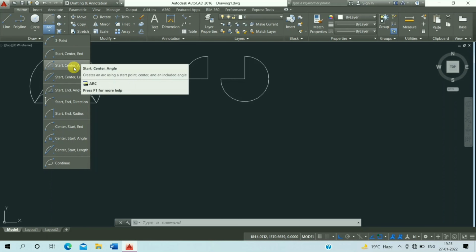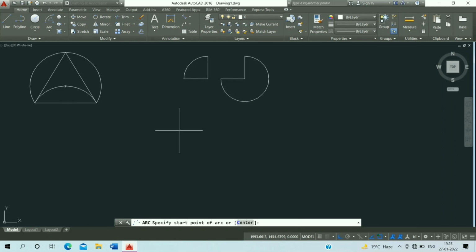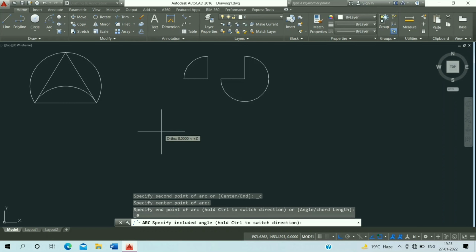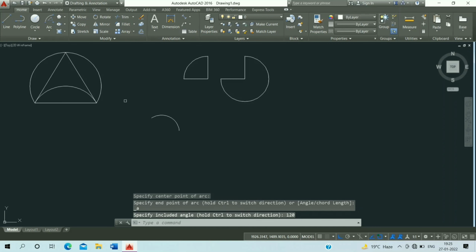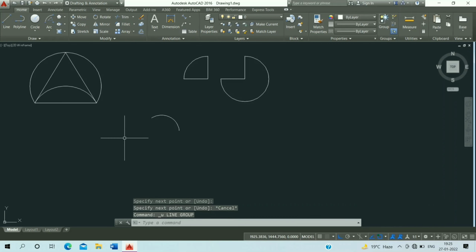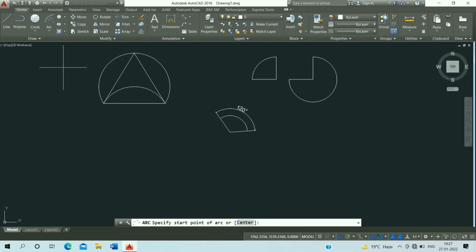start, center and angle. Click on start point, center point and angle 120 degrees, press enter. Click on line command. Click on this point, click on center point and click on this point and escape it. Click on angular on this line and click on this line and show the dimension. Next,